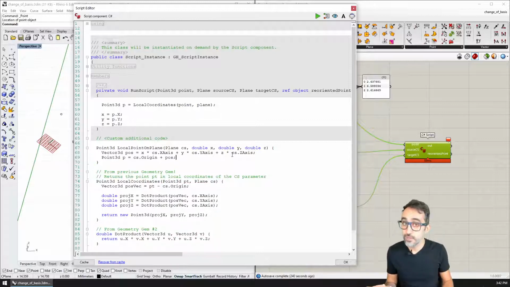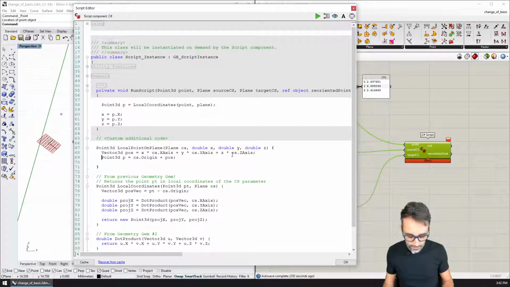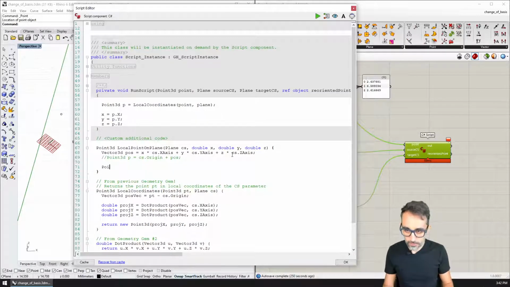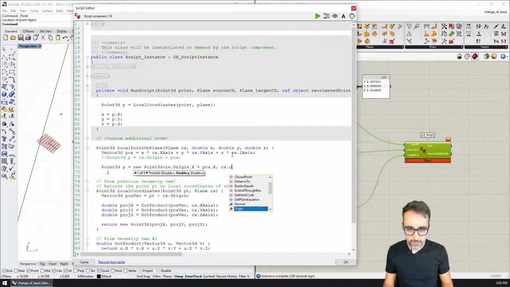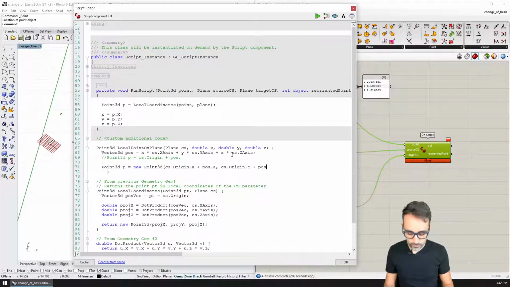If you don't have that possibility in the framework that you're working with, an alternative could be to just say Point3D p is going to be equal to a new point object, whose first coordinate is the x coordinate of cs.Origin plus the x coordinate of the position vector, then the second coordinate of this point is going to be the y coordinate of the origin plus the y coordinate of the position vector, and then the z coordinate of cs.Origin plus the z coordinate of the position vector.